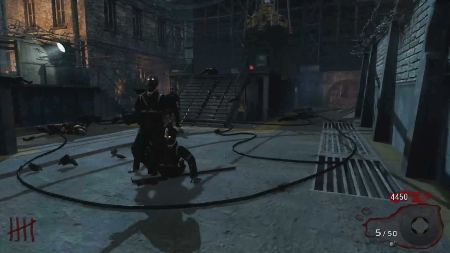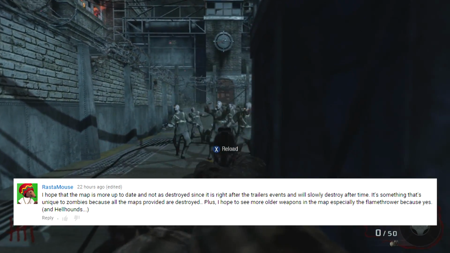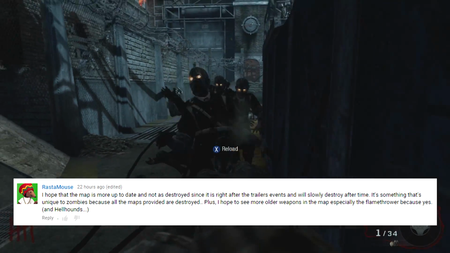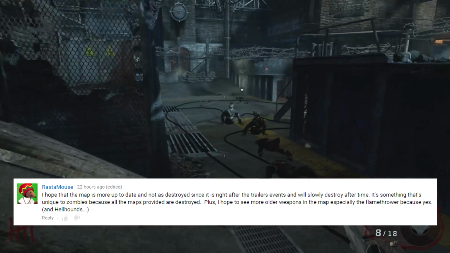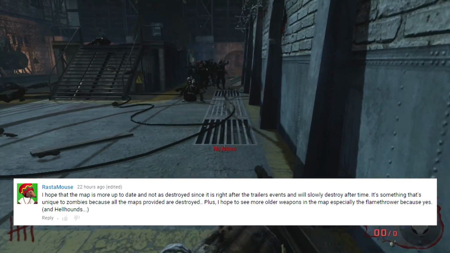Our second idea is from Rasta Mouse, and he says, I hope the map is more up to date and not as destroyed, since it is right after the trailer's events, and maybe it will slowly be destroyed over time. So basically my interpretation of this comment is that really every map is kind of apocalyptic, it's destroyed, there's a lot of debris everywhere. He wants to see a kind of map that's maybe a little more cleaned up,